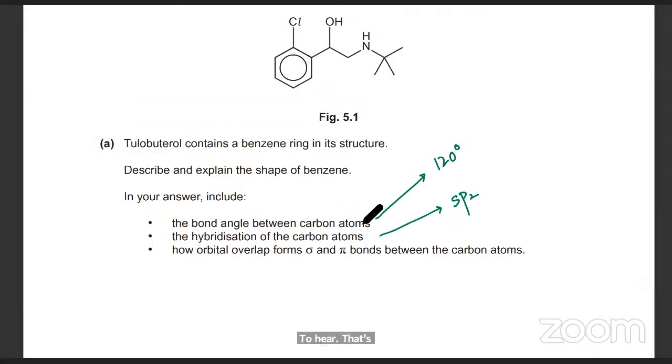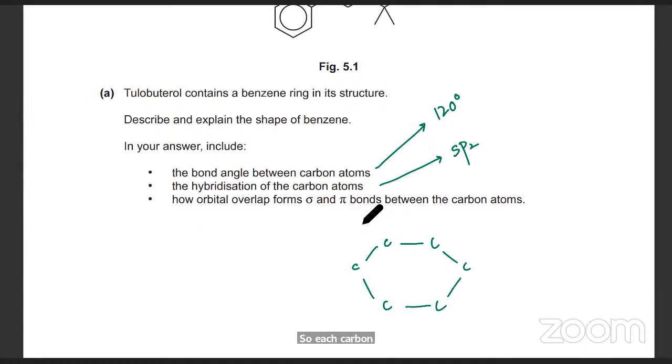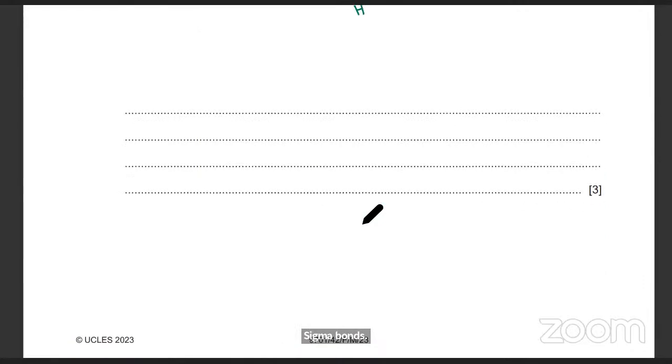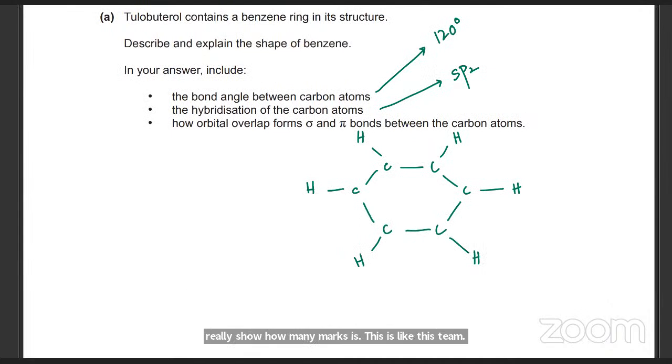So how many sigma bonds and how many pi bonds? Okay, so what you could do is you can actually sketch one benzene. So each carbon atom is making sigma bonds, right? All of them are 120 degrees, right? So these are all sigma bonds. Not really sure how many marks this is. This is like just 3 marks. So we don't have to. I mean, sometimes you get a 6-mark question on this. So starting with